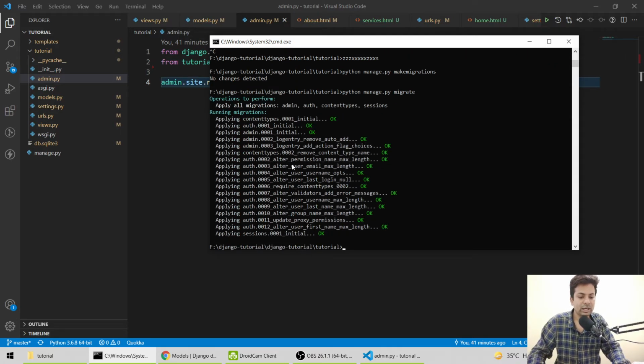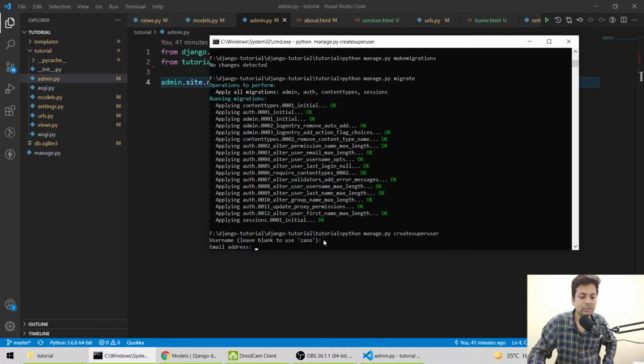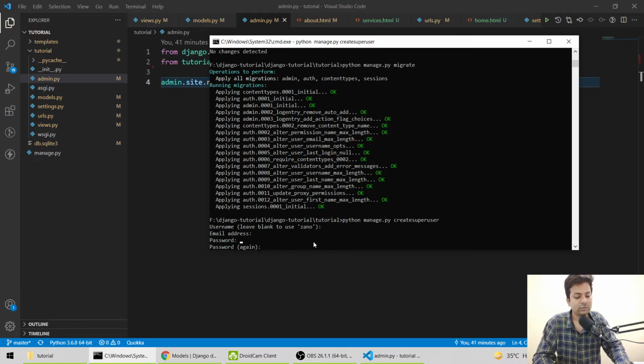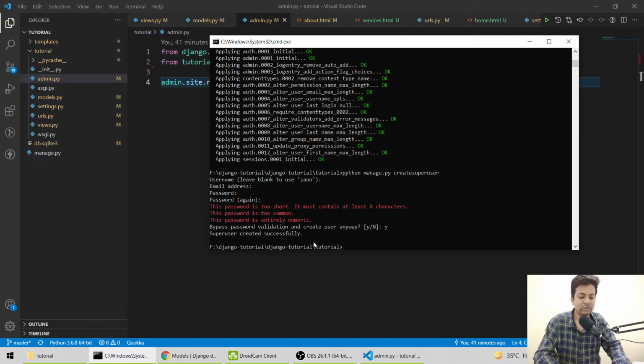See, our model is created. See, user email, username, last log. So everything is done. Now we'll say python manage.py createsuperuser, like admin access I want, so I can see what data is in my Django model. Username I'll leave blank. Email blank. Password 123456, 123456. Yes, bypass it. So everything's running fine.